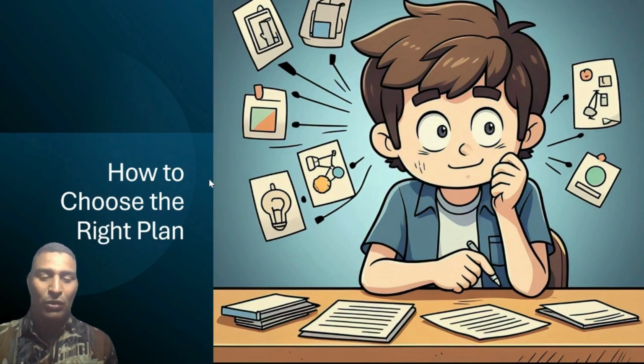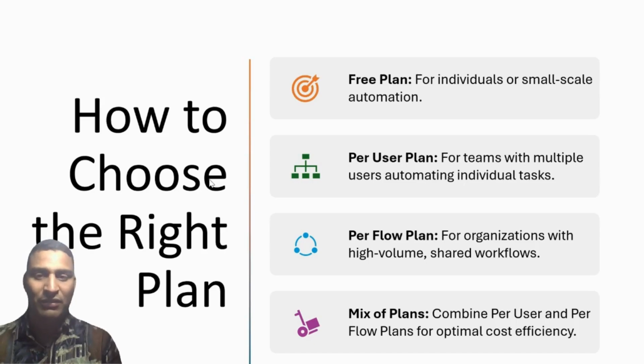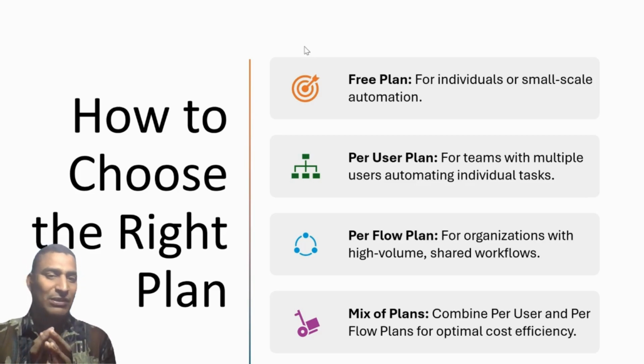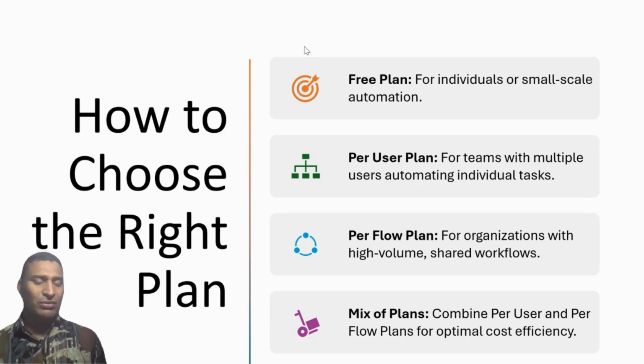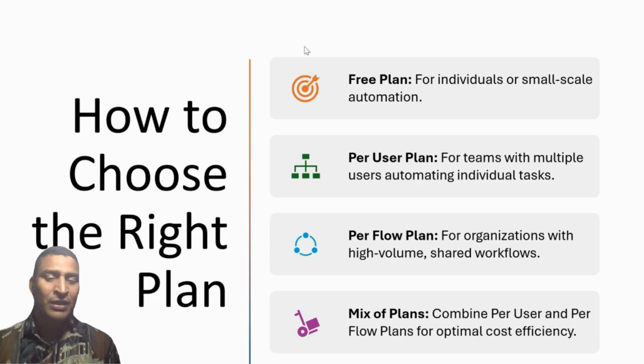Now, how to choose the right plan? We have discussed just now the free plan, per flow plan, and per user plan, these three different categories, and small scale, medium scale, large scale. Here you can choose the free plan for individual and small scale automations. Coming to the per user plan, it is for a team with multiple users or individual tasks. As I told you, there are different team members, and if they use it for different types of activities, a per user plan will be very